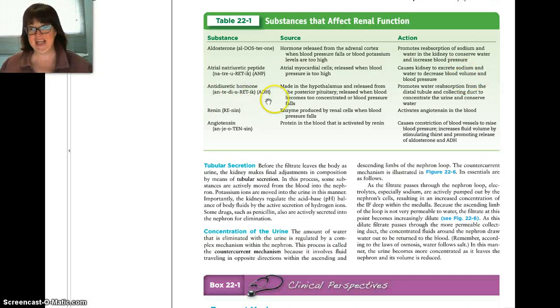Antidiuretic hormone, there it is, ADH. ADH is made in the hypothalamus, released from the pituitary, the posterior. When blood becomes too concentrated or blood pressure falls, it will promote water reabsorption, and that's as a result of the